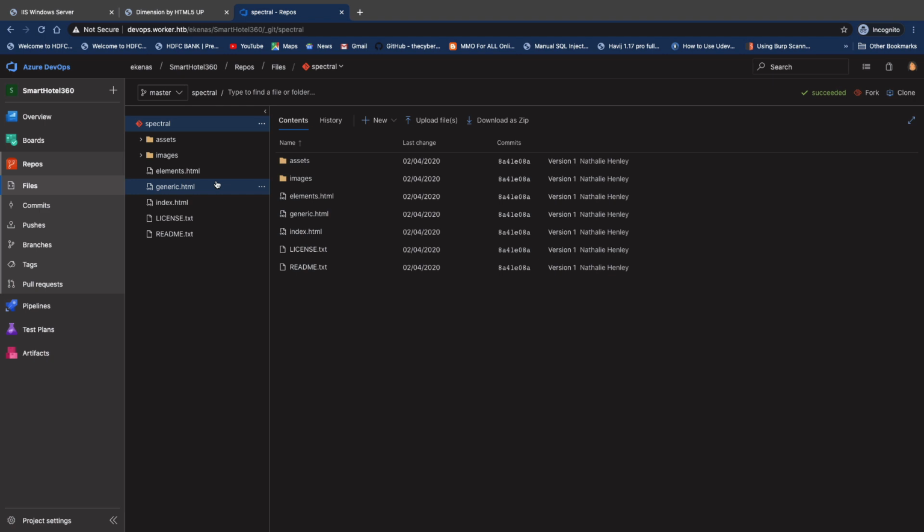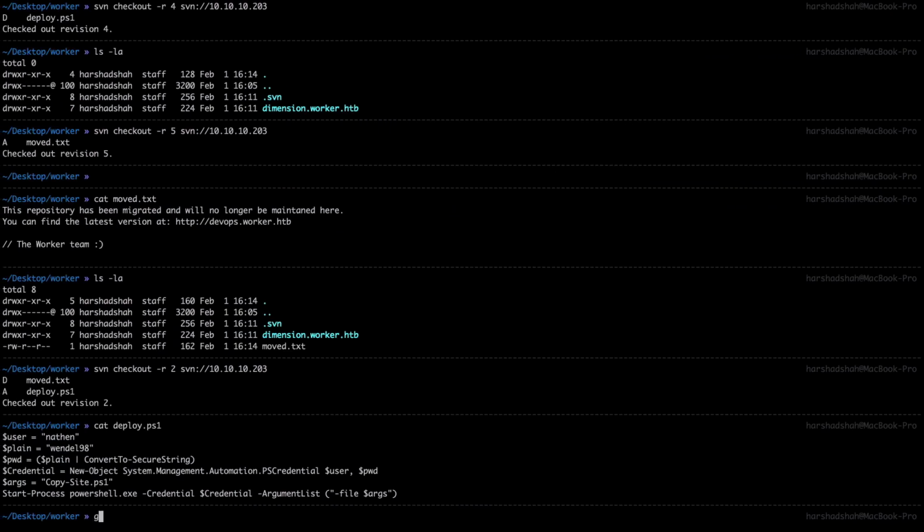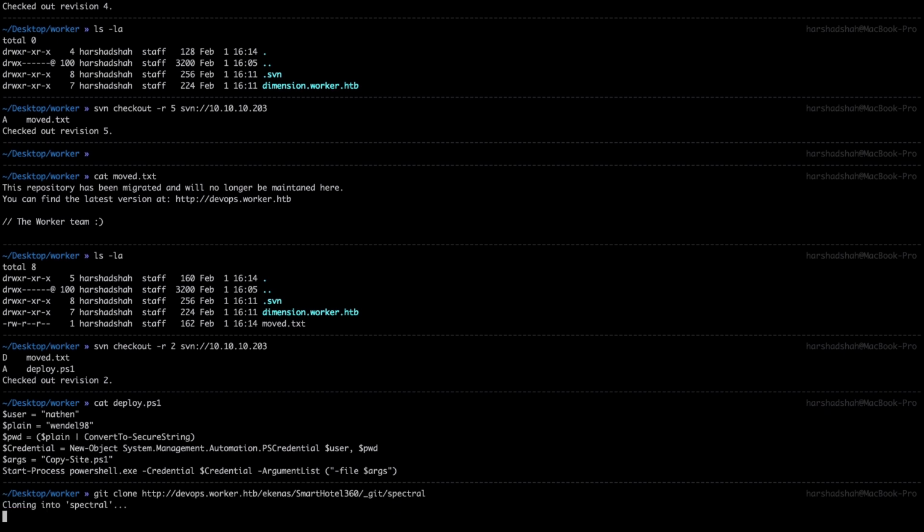I'm just checking if there is anything else I can do from this section. These are all the functionality: new file folder, upload file, download as a zip, and there's an option called clone. When you click on clone, you can simply copy it, and type here git clone and paste it. It will automatically download everything.